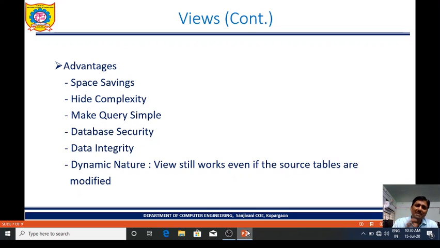In that case, for the remaining departments, suppose the library department: the library department requires the student's library card number, roll number, and class. The library department doesn't require the student's account number, so that data we can hide. Whatever data is required for the library department, we can make available by creating a view, and only those fields we make available to the library department.